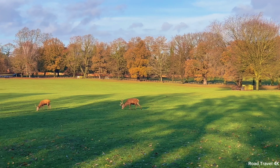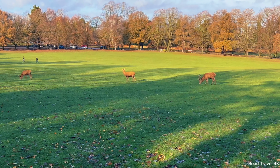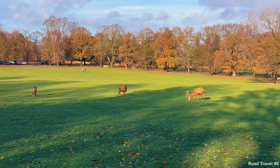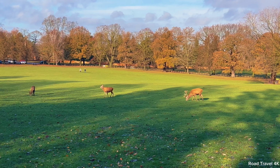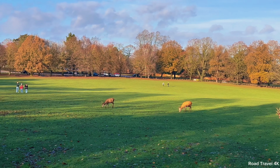Since the 14th century, herds of deer have roamed Wollaton's 500 acres of parkland, which is home to all kinds of habitats, including grassland, wetland and woodland. There are over 90 red and 120 fallow deer at Wollaton. These wild deer are incredible to see,